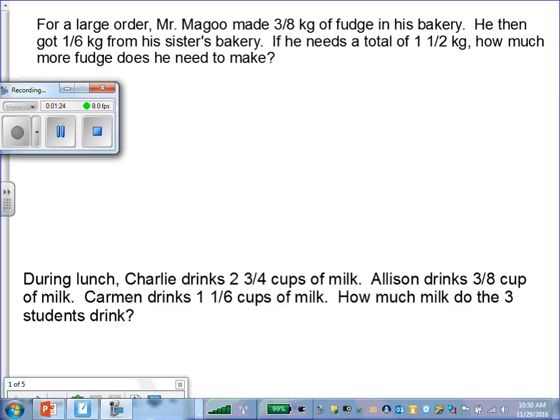So, I'm not even going to worry about this bottom problem yet. All I want you to do is look at this top problem. The first thing I'm going to do is give you an idea of how to solve this problem. I'm not going to write any numbers in an addition sentence or a subtraction sentence. All I'm going to do is give you a bar model. Bar model should sound somewhat familiar because you used to do those. So if I did a visual with a bar model,